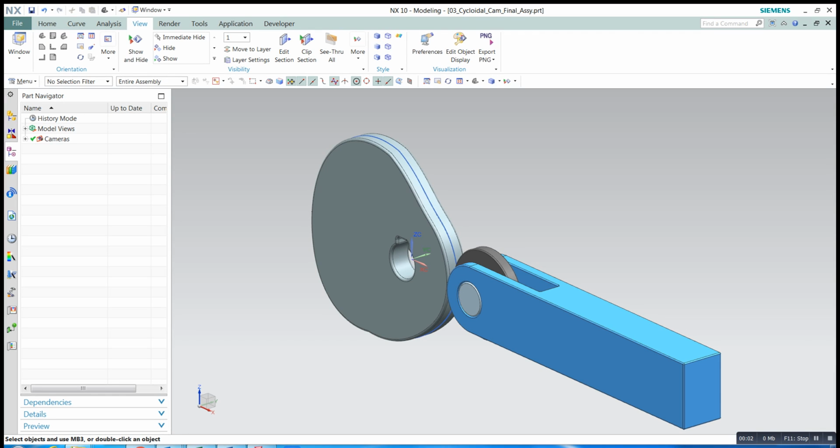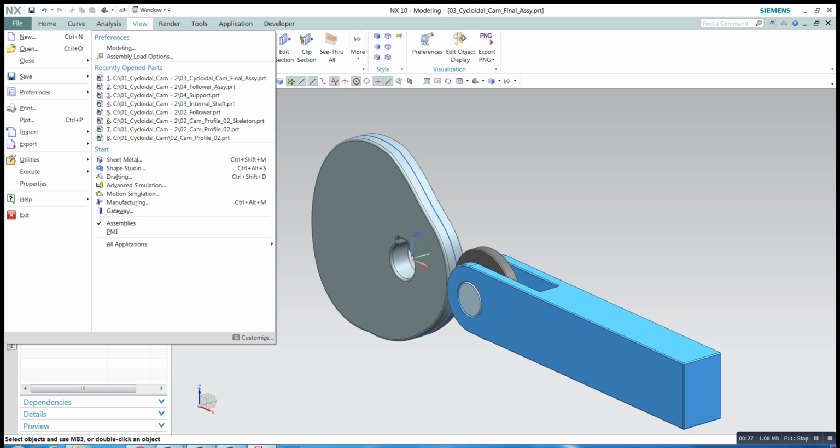Okay, we will start working on the CAM simulation. It's very important that we already have the assembly done. So I have the CAM here and I have the follower here. So the first step is to go to File and go to Motion Simulation. That's very important. First of all, go to Motion Simulation, select it,